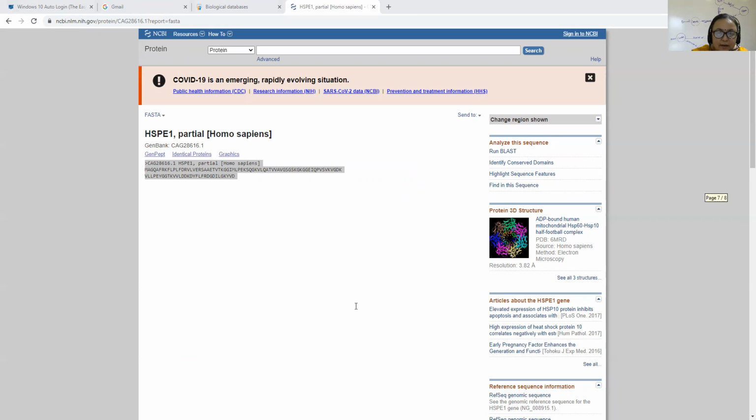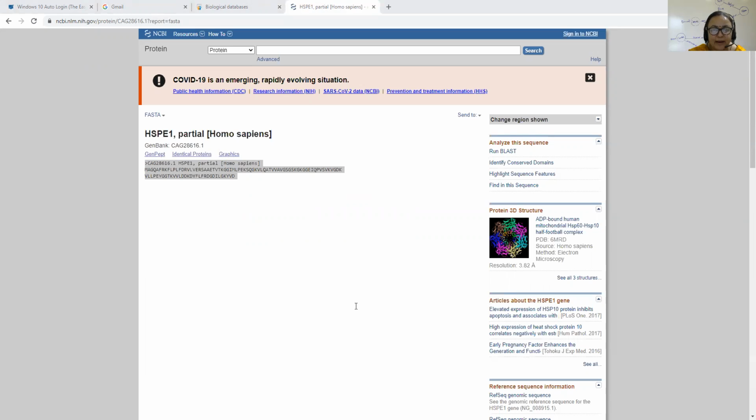So there is the protein sequence we have, and this is the nucleotide sequence. You can see the difference between them.